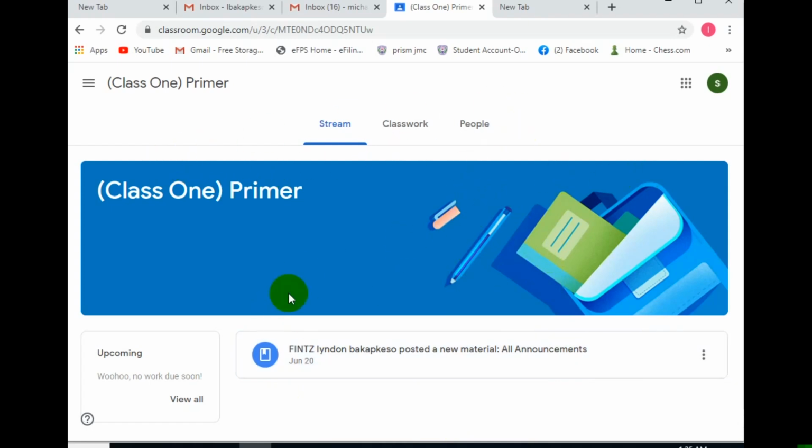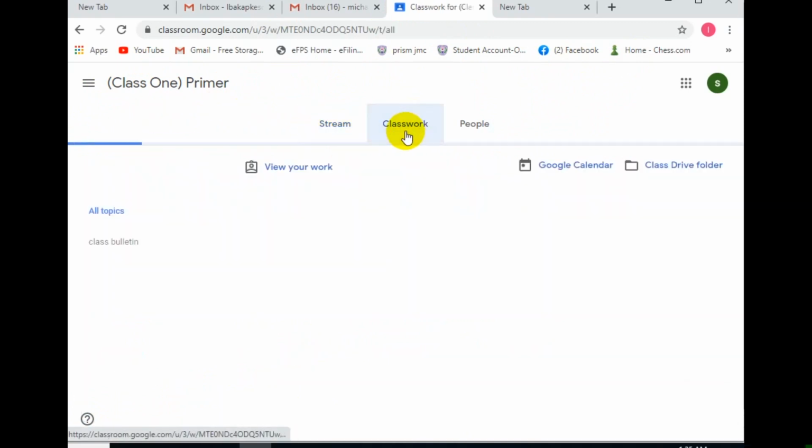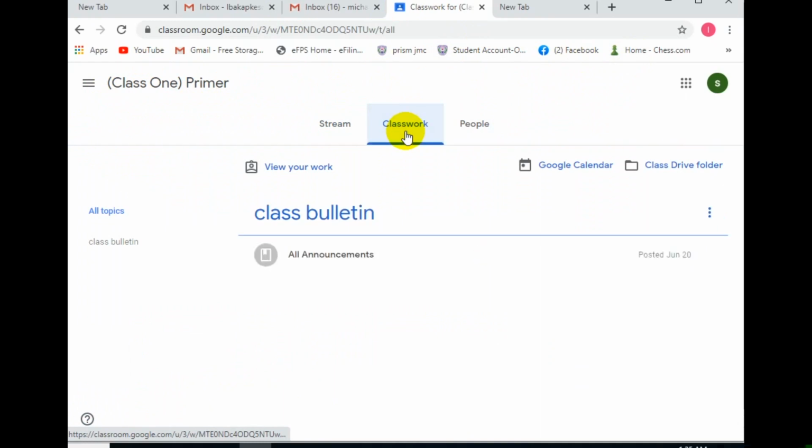Will work out really. So I tried to simplify everything. Instead of exploring too much of the features of Google Classroom, I have observed already the basic function. So now what I have done is simply you need only to go to the classwork tab. On the classwork tab, you can find immediately the classworks that I will be presenting to you during the actual